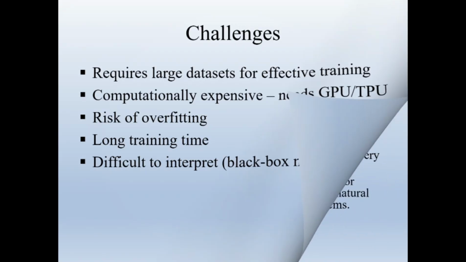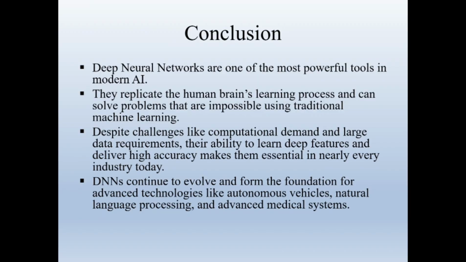So in conclusion, DNN is a very important and powerful tool in modern AI. It imitates the human brain learning process and solves problems impossible for traditional ML, and it provides high accuracy, and it's used in many industrial activities nowadays, and also a foundation for the development and evolution of technologies, which involve examples like autonomous vehicles, natural language processing, advanced medical systems, etc. So in this video, we have seen about the deep neural network,